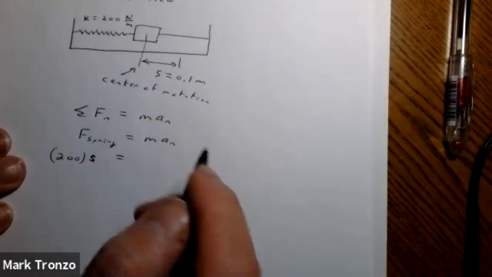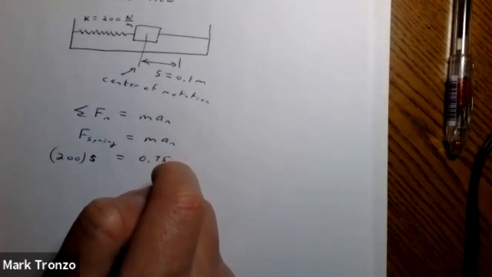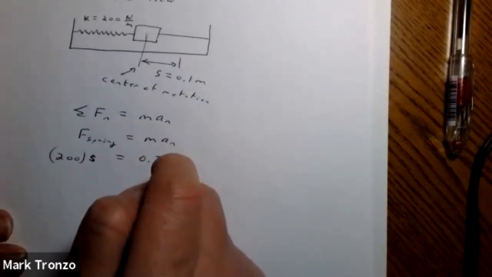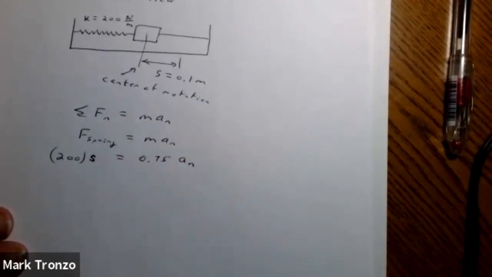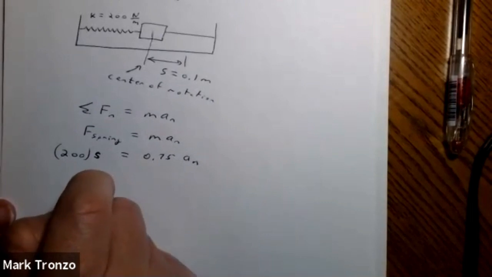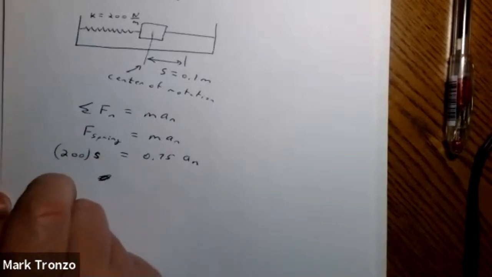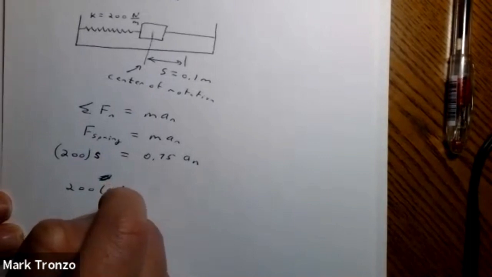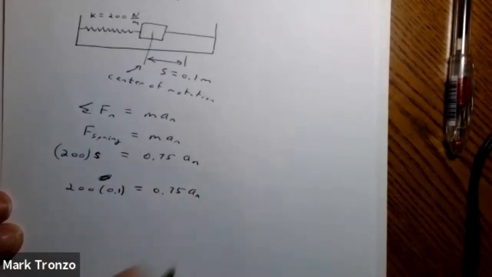And we are told it's 0.75 kilograms in AN. And so calculate, and also they want to know exactly when it's a 0.1. So if we make that 0.1, AN like this,